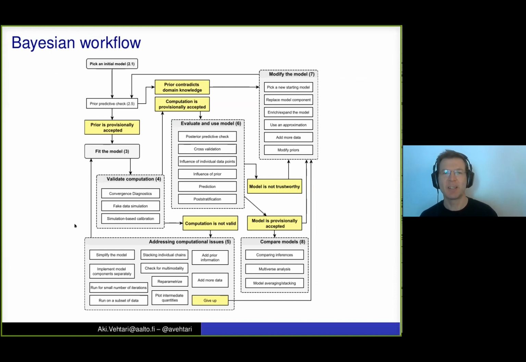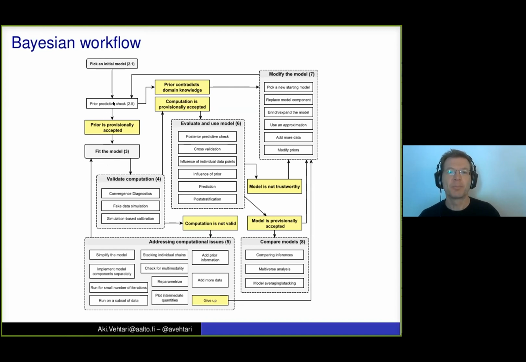And this is not even the most complete; if you look at the paper, you could add even more boxes and even more arrows, more loops.